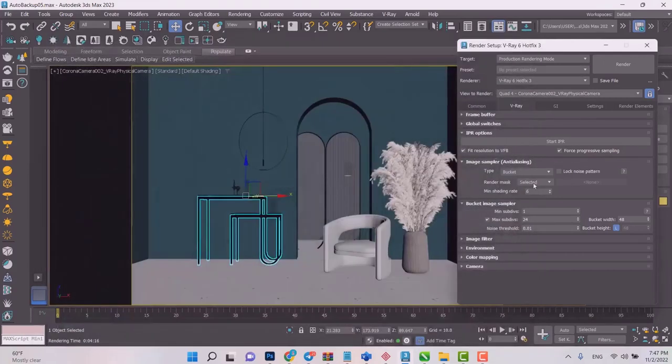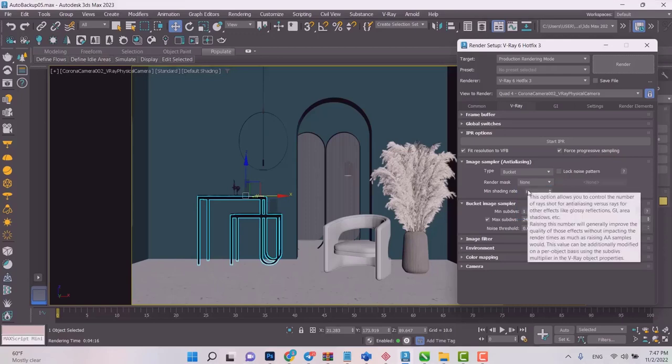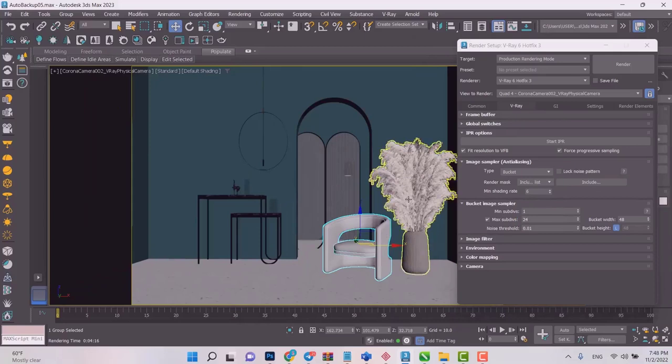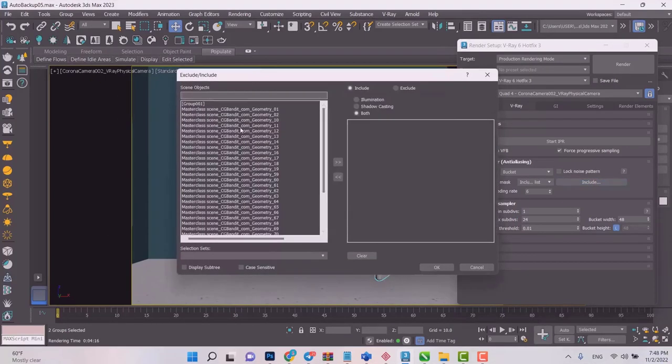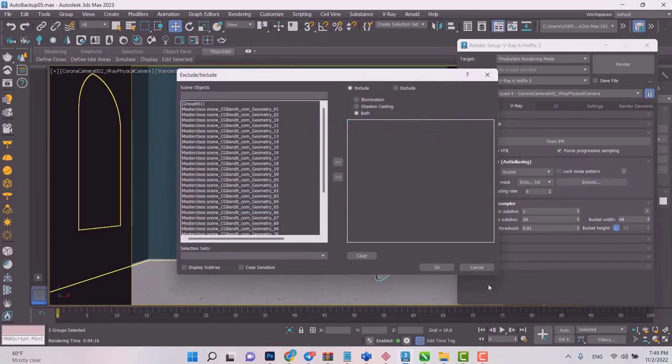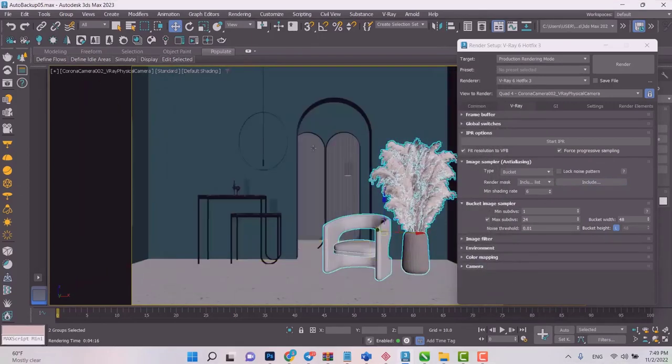Now we have other render mask modes. We have texture, we have layers, and we can work with different items, but I usually put it on none because I want the whole scene to be rendered. However, you can do different things. You can put it on included or other options like textures, and you can select different objects or items and add a list of items that you want to be rendered, or exclude a list of items that you don't want to be rendered. Using those lists, you can take multiple renders, and you can add items to be included in that list or excluded from that list, and that's basically how that works.